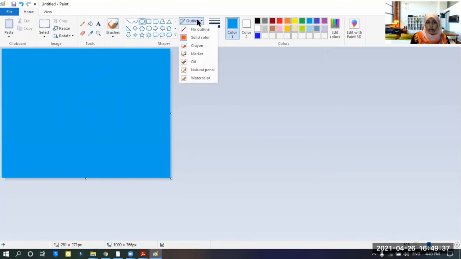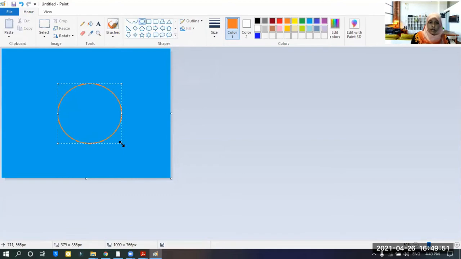Wait. Give a color to the outline. I will give a black color or else, okay, we will give this orange color, and we will draw. See, this is the outline. Okay, outline of the sun.